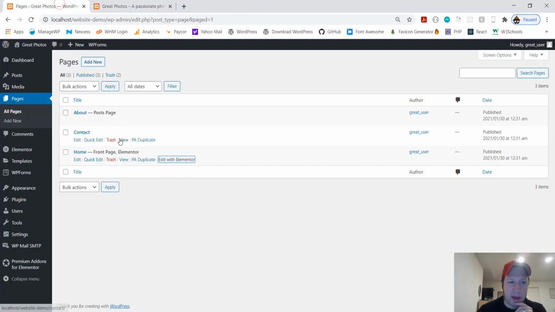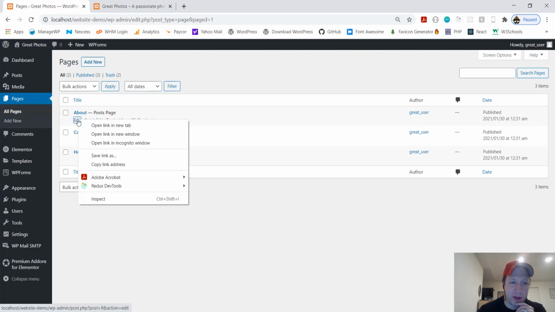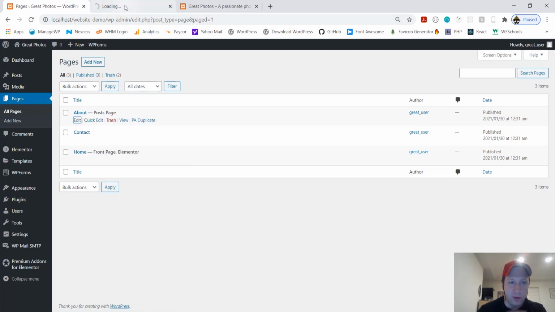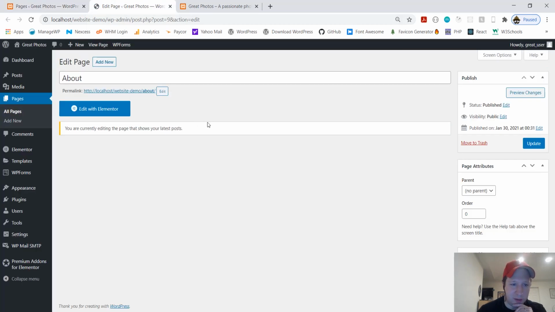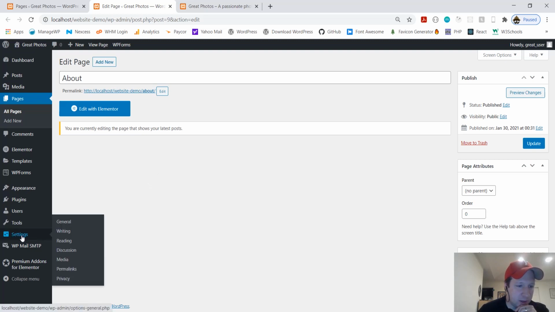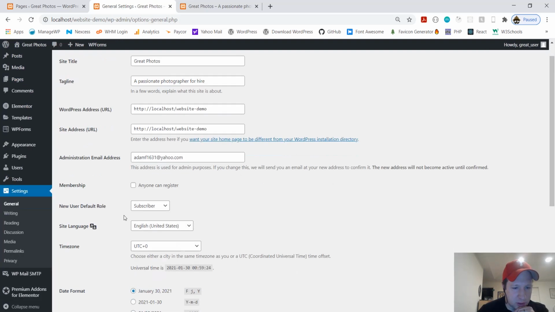Here's our about. We're going to right click edit because we haven't used Elementor in it yet. And this page shows your latest posts. Go back to settings real quick. Actually, you know what? I apologize.